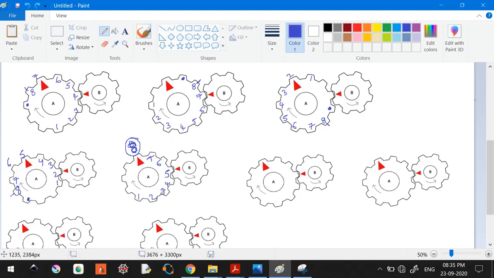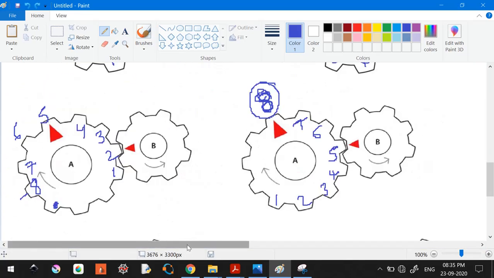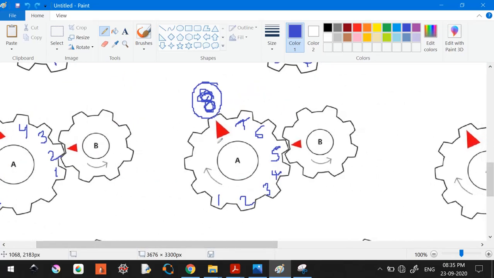You're getting it, right? So actually what we need to do is, after the number of rotations, this should be the final one. Final in the sense, these two should match. So that's the concept. That's why I have put 8, 8, 8 like that. So in every step I was checking 8. So right now 8 is this particular arrow, the tooth with this arrow has got this number 8, which means this arrow is going to lie here after the next step, like this. So which is what we require.